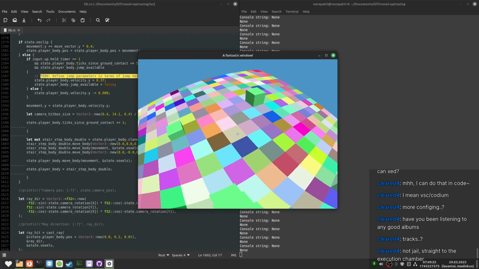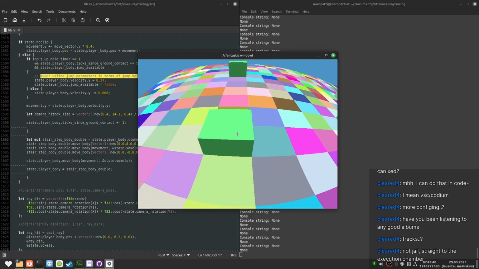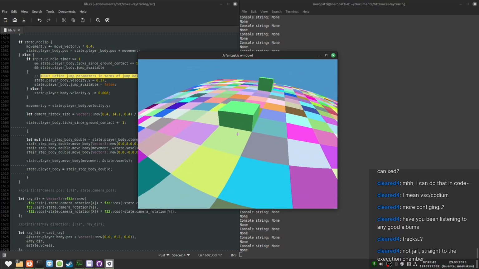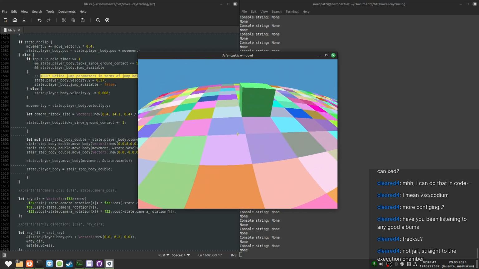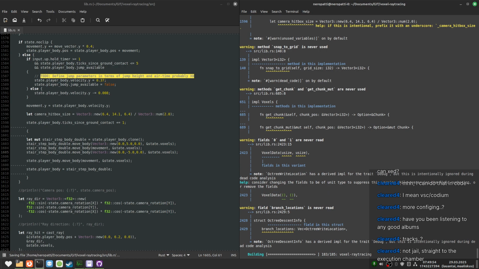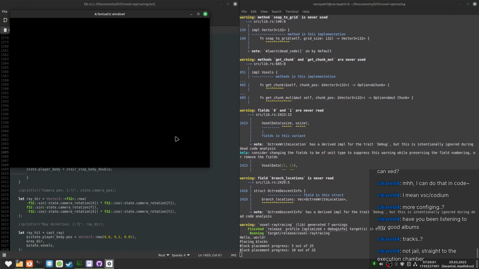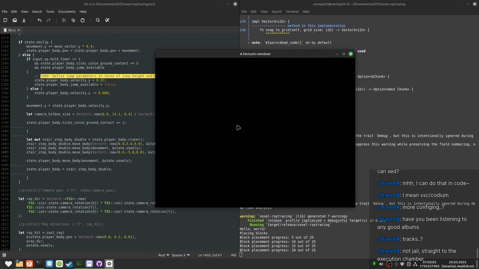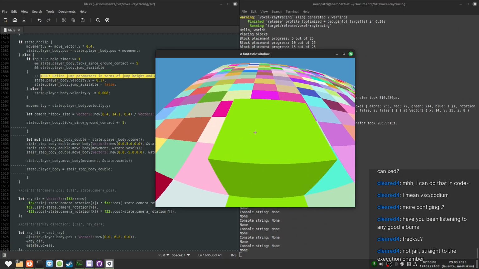Let's go. So the things that I kind of want to fix. Well, right now it's not going to be visible, like the problems that I'm thinking about. So let's make this 5. Now if we have a full block, we are not able to climb on top of it.